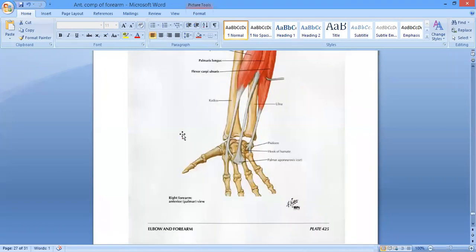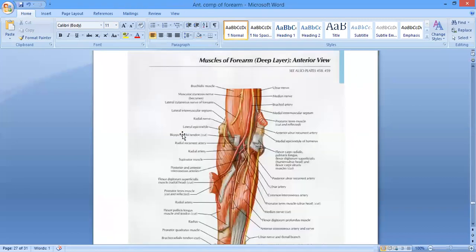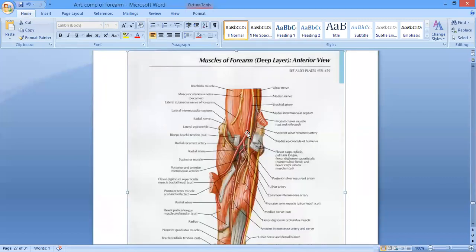Remember one thing, the median nerve is going to leave the cubital fossa by passing between the 2 heads of the pronator teres muscle. Okay? It's going to pierce the pronator teres muscle, pass between its 2 heads, and enter into the forearm. It's a viva question, how the median nerve enters the forearm, right? How does it enter the forearm? It is going to pass between the 2 heads of the pronator teres muscle and enter into the forearm. Is it clear, ji?